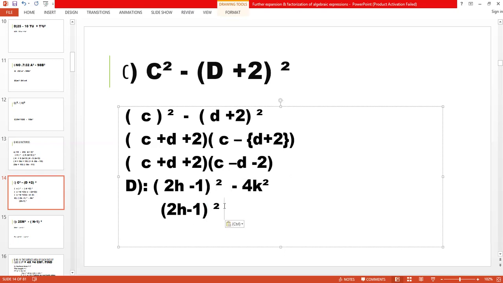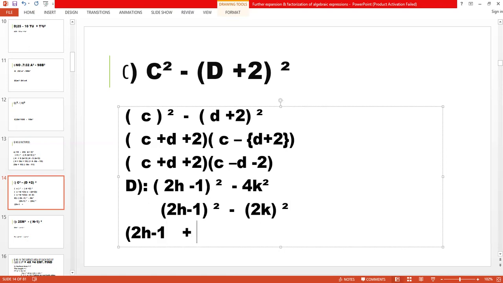Now we have to write the second term. First, we have to put this negative sign. Difference of two squares. 4 is the square of which number? 2. Then you have to write k. And then you have to again put the bracket, and then you have to write this. Now, one time you have to add the first term and second term, then you have to subtract the first term and second term. So first we have to add 2h minus 1. This one is the first term.